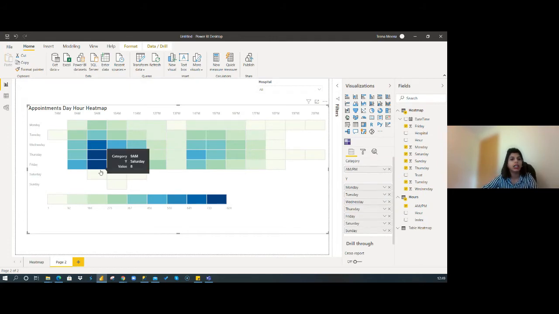So you can see that usually GP hours are busy between 8 to 10 or 11. The darker it is, the more appointments there are. The more value, yes. So you can see the buckets here. The darker it is, the higher the value, and the lighter it is, the less busy it is. Does that make sense? How have you seen the organization respond to this?